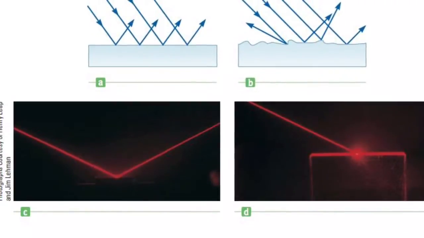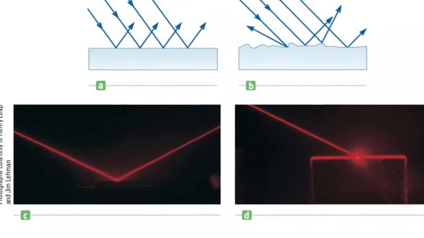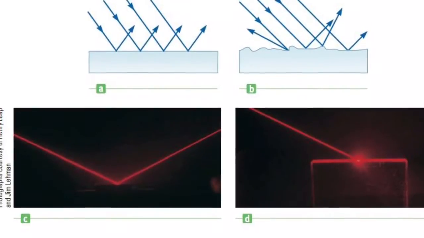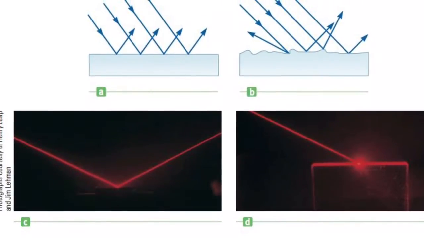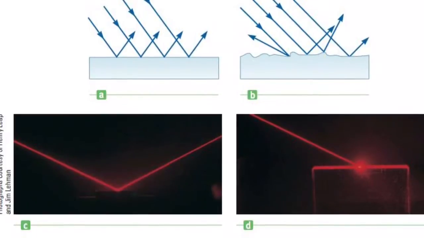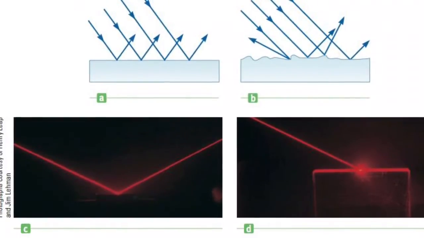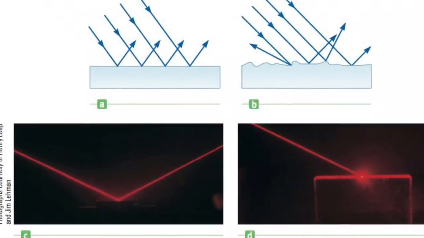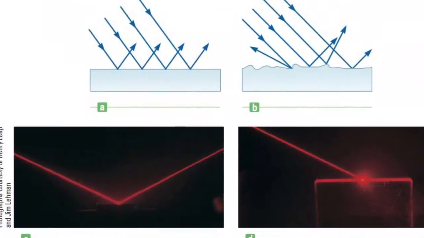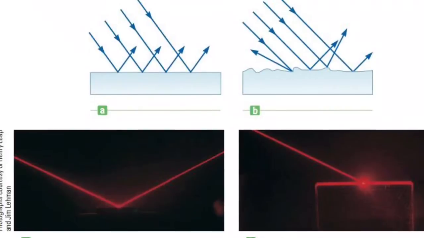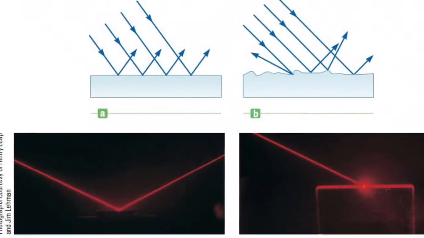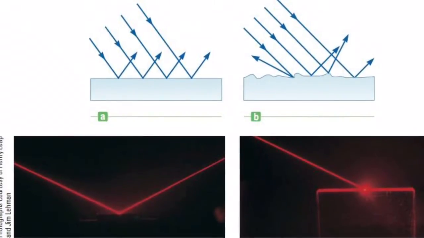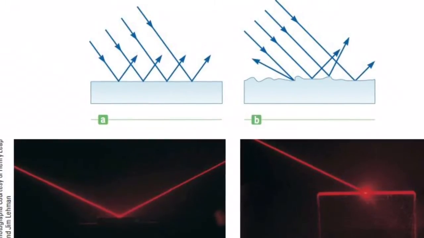There are two types of reflections. The first type is specular reflection, as shown in A and C. This type of reflection is when light bounces onto an object and reflects back at the same angle it hits. This type of reflection only happens on smooth surfaces. The second type of reflection is diffuse reflection. Diffuse reflections are when light hits a surface and bounces back at different angles, as shown in B